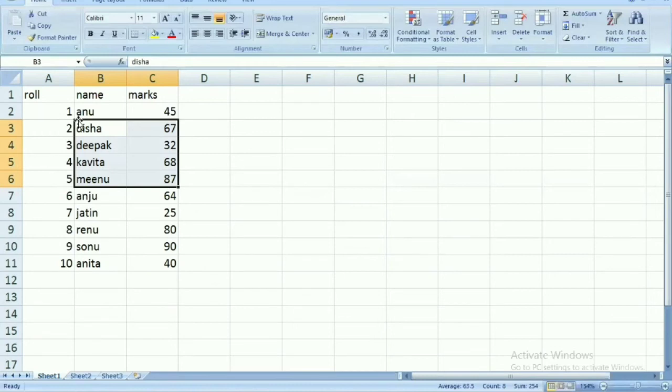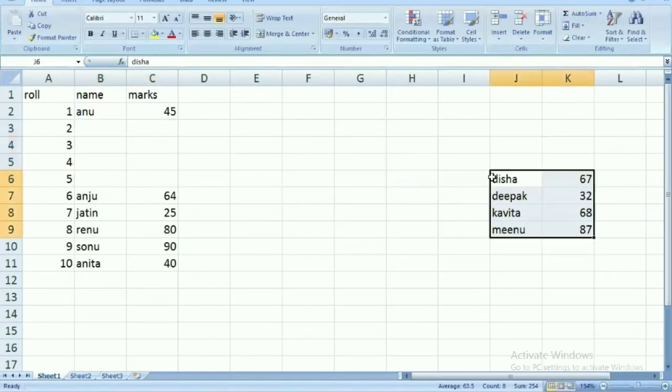By using this, press the mouse left click and hold it down. No need to release it, just hold it down, and wherever you want to place it, decide the destination and release the mouse left click.